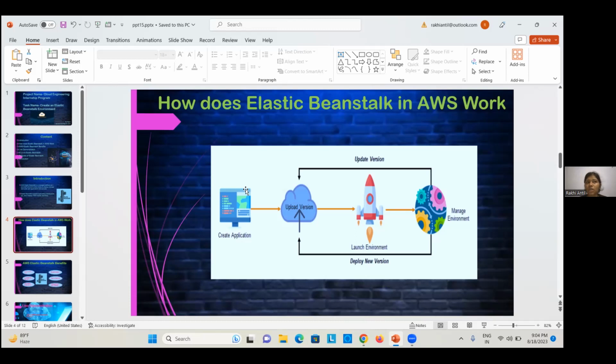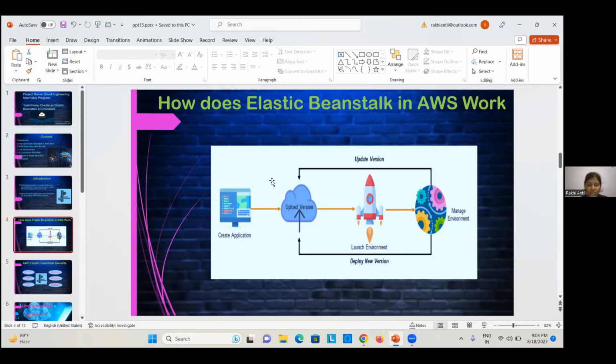deploy your application. You need information about the application, including metrics, events and other environment statuses, available through the console. Elastic Beanstalk includes CLI and API commands, and there is no separate cost applied for Elastic Beanstalk in AWS. You only pay for the resources you use to run your application.